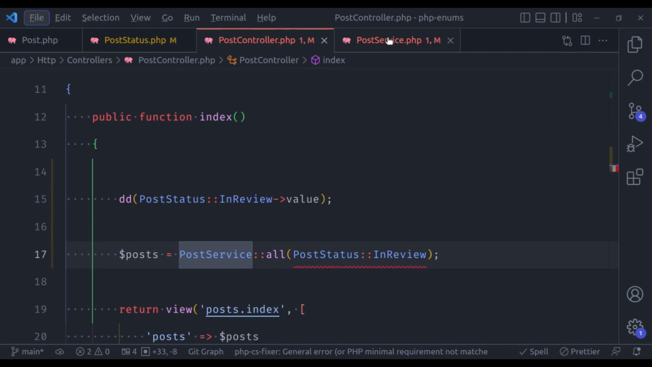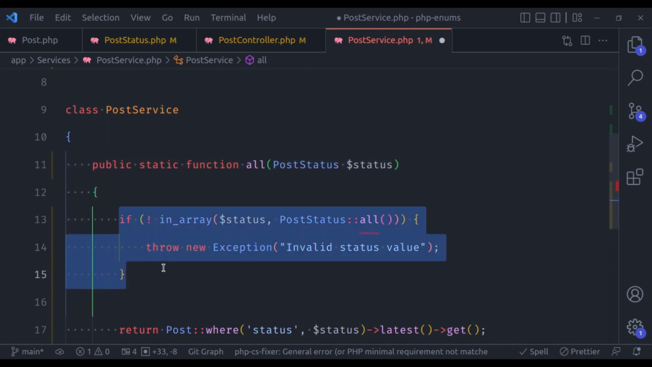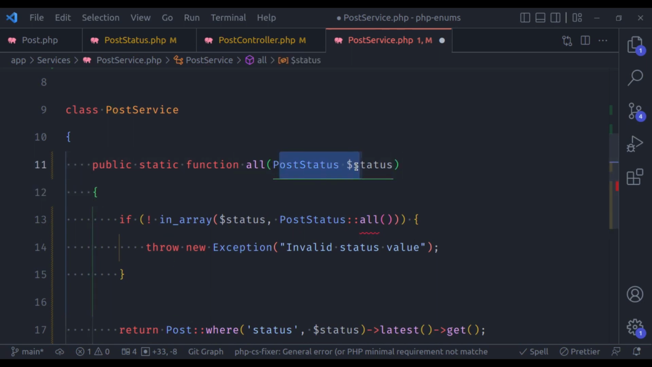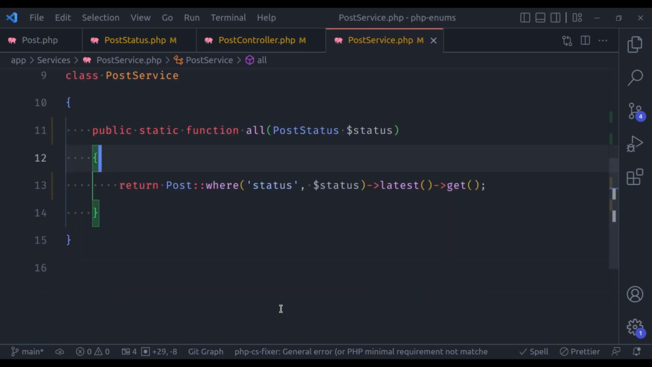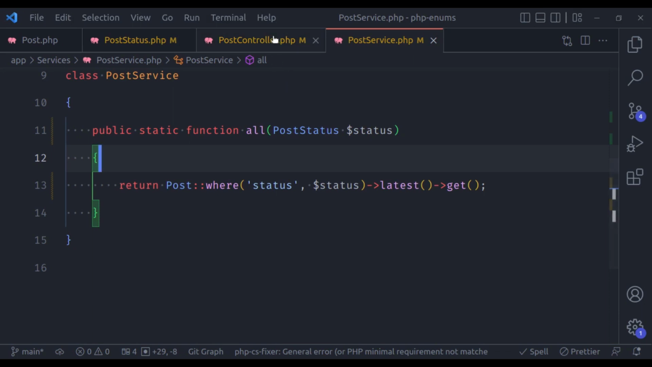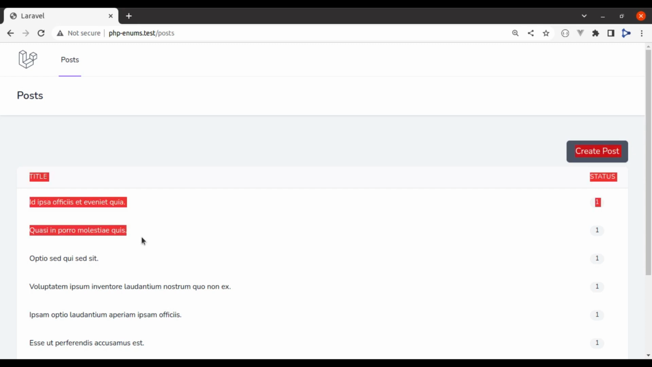So in the post status, here instead of type hinting it as a string, we can actually type hint it as post status like this. Now we do not need this condition because we are now type hinting, so we know for sure that the passed in value is an object of post status. So we know it is a valid status. So we can get rid of this. Now let's go to the browser, refresh, we get 1 because I forgot to remove the die dump from the controller. Let's remove this and now go back to the browser, refresh, and here the error is gone